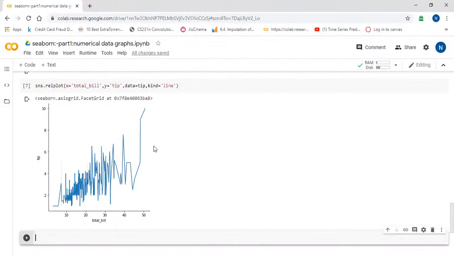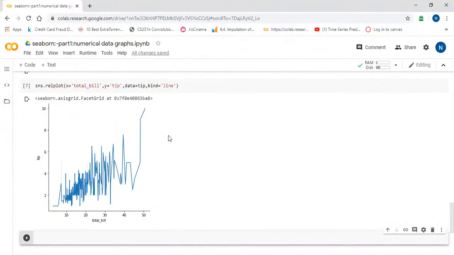If you have too much fluctuation in the data, don't go with the line plot, because right now by looking at this graph I cannot interpret much information from it. So do not go with the line plot if your data is highly fluctuating. I will show some examples of the line plot in the last distribution section, video number 3. There you will understand the line plot and line data better.